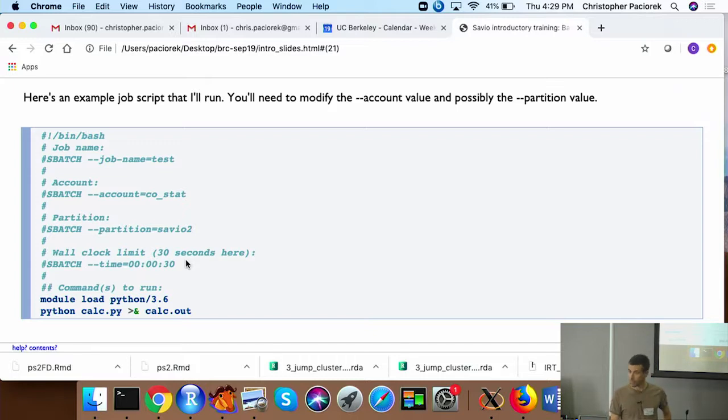But I have a question. So if it finished before, it doesn't count on your time? No, I'm pretty sure you're charged for the amount of time the job is running, not the amount of time that you requested. Yeah. Okay,